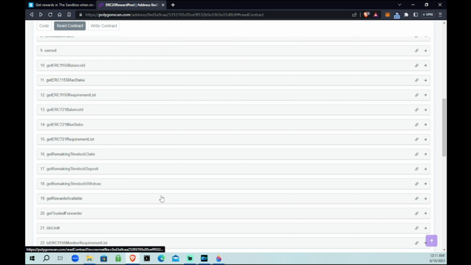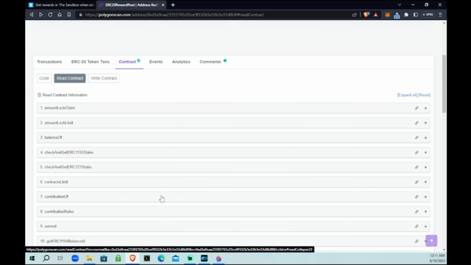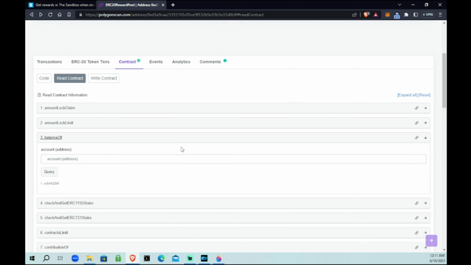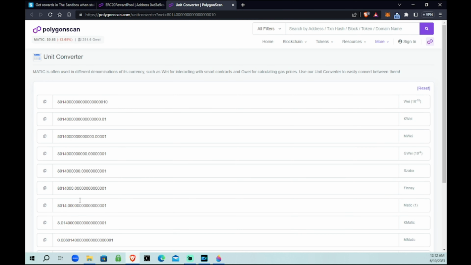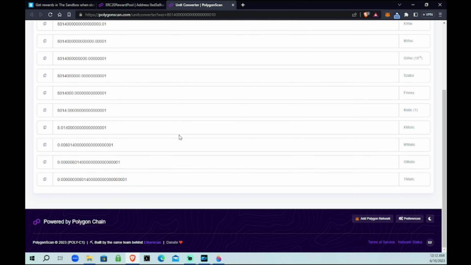In addition, in the read contract tab, I can also see my balance, which is something that you can also do on the website. So if I put my wallet address in here and I query the contract, it'll show me that I have 8,014 quadrillion in this particular contract. Now, if I click this, it's going to pull up a unit conversion, which will show me that